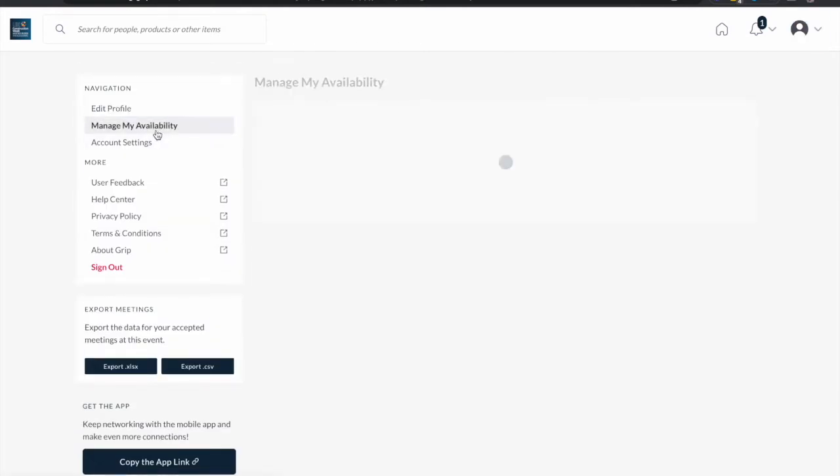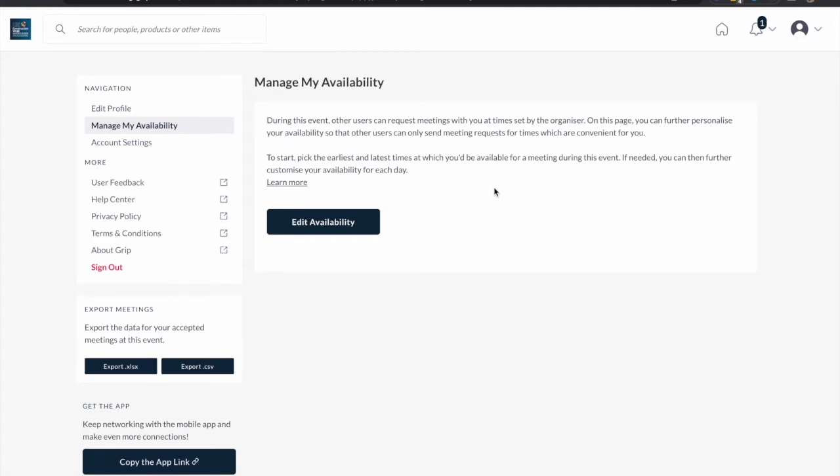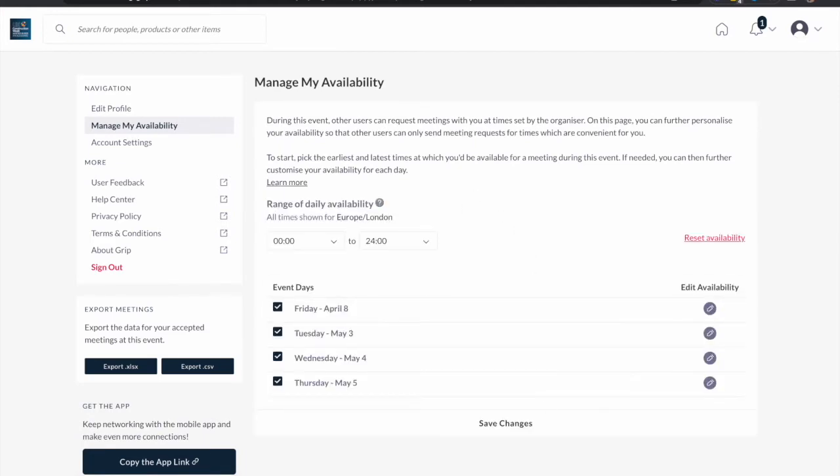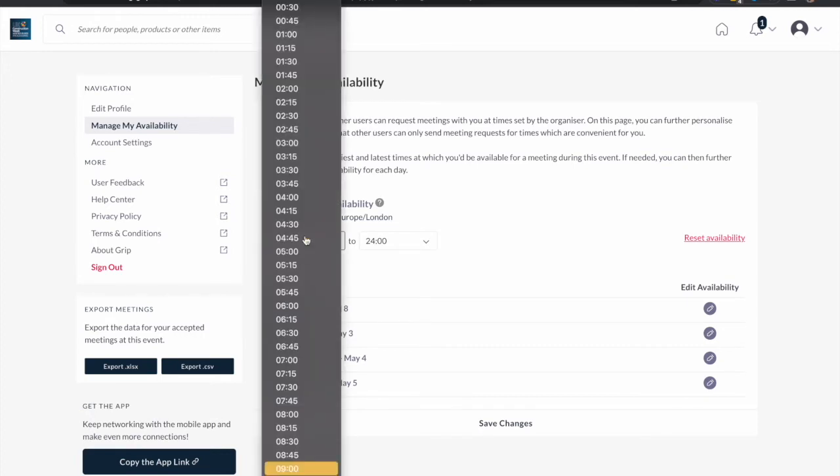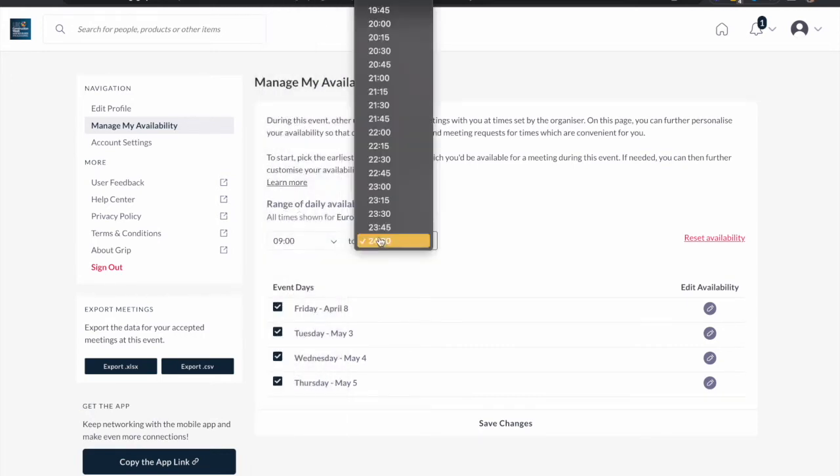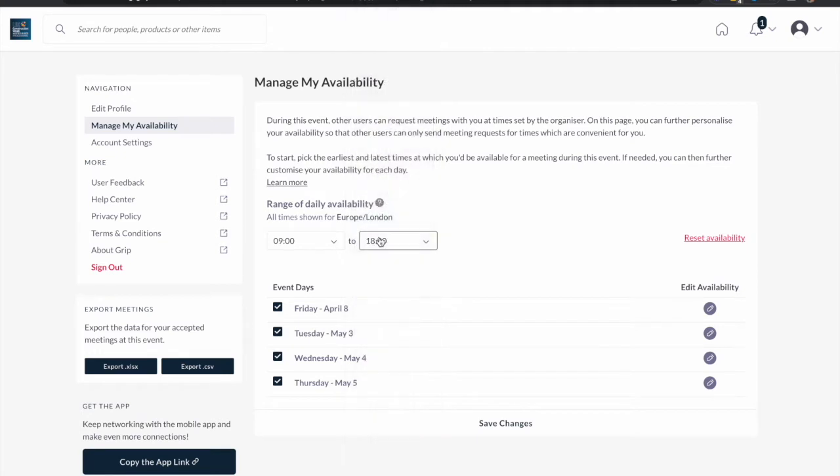Below your profile is where you can manage your meeting availability. The event is happening for 3 days, starting from 3rd to 5th of May, and you may disregard this date. It's just used for this demo environment and you won't be able to see it on your calendar. Now, you can easily set up a single range of times when you are available for meetings. Let's say you are available starting from 9 to this time, and that will be applied across all these event